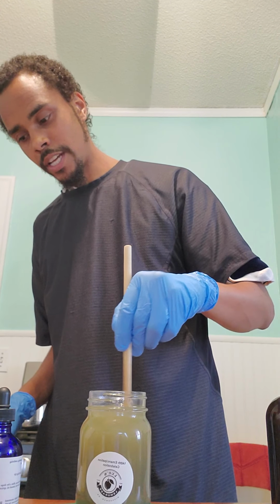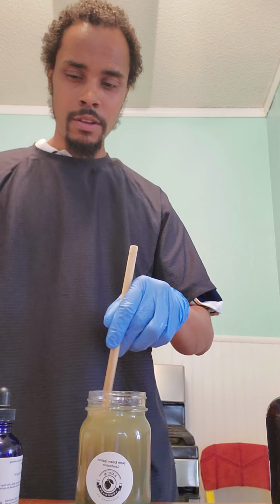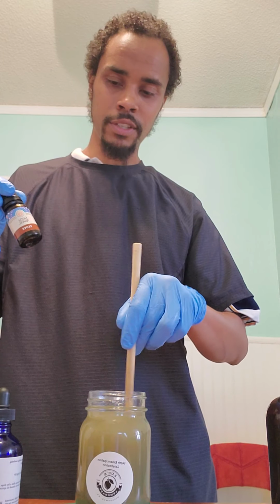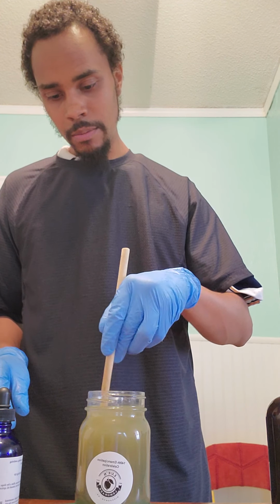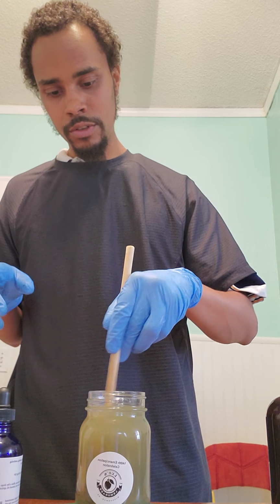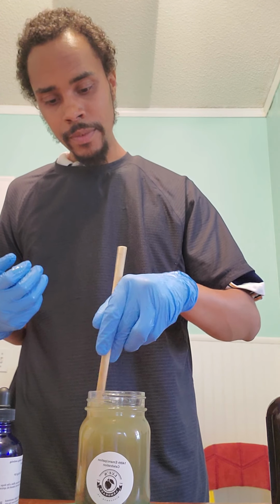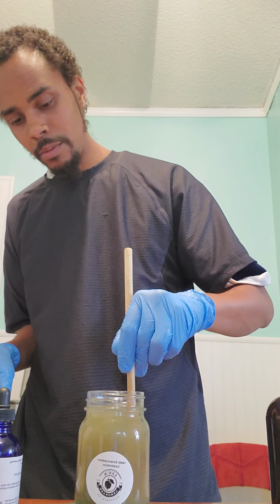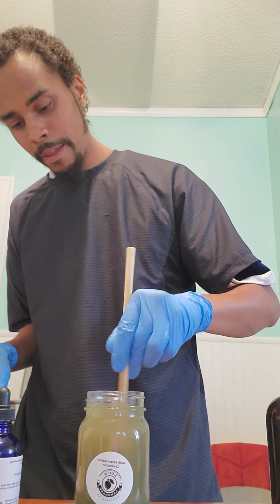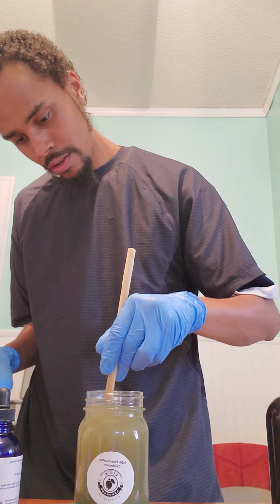Let's give it a smell. Yeah, this smells more like ylang ylang. To be honest, maybe the first time I used a lot of clove, because I've bought 3 or 4 bottles of clove since then. I probably used about a half a bottle of clove originally, or a quarter of a bottle or so in the mix. So I used a lot of clove in there, and that was the overwhelming smell. Alright. Yeah, I can smell clove in here a little bit, but I would like it stronger. Alright, now